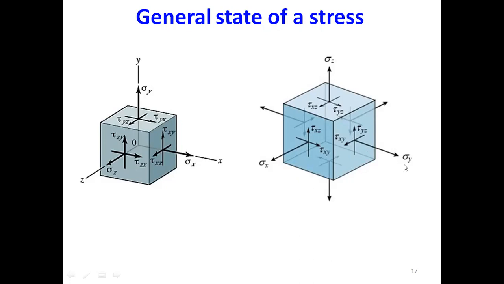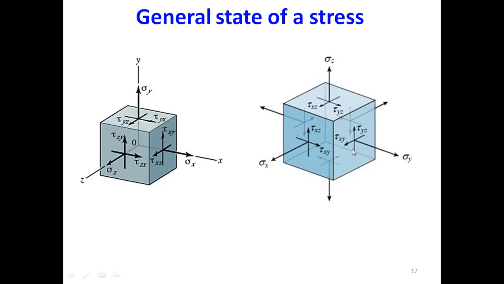So if we have a loading or stress along the y-axis, on the other direction we would also have stress or force along the same axis in order to keep it in statics. Similarly, if we have sigma y in that direction and sigma z in that direction, we would have sigma z also in the opposite direction to keep it in equilibrium. If we have sigma x in this direction, we would have sigma x on the opposite face in order to keep it in equilibrium.